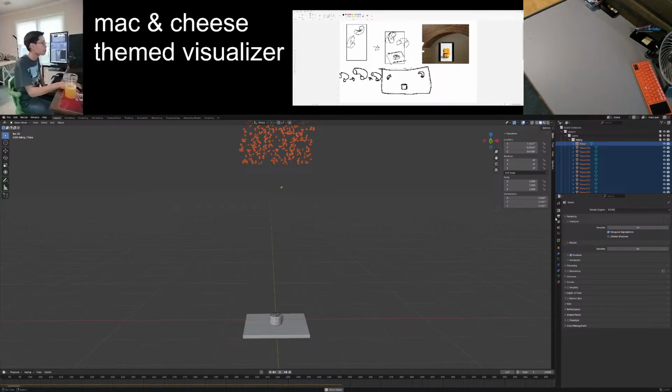Weird. Let's see. Just look it up. Simulation won't go past 250 frames. Blender. Coming to a stopping point in just a minute, but